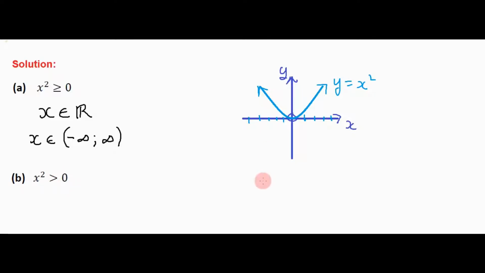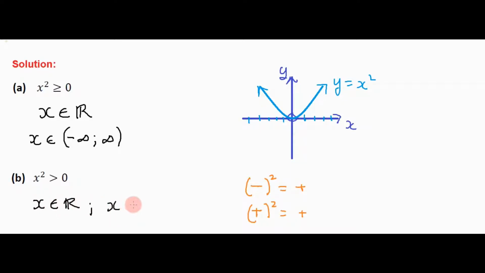Now once again we know that any negative number squared is going to give us a positive answer. And any positive number squared will give a positive answer. 0 squared, of course, will give us 0. Now, we can see that any negative or positive real number squared will give a positive, so will satisfy this inequality. 0 squared won't satisfy the inequality because 0 squared is 0, and we want the answer to be strictly greater than 0. So then, x will be an element of real numbers,